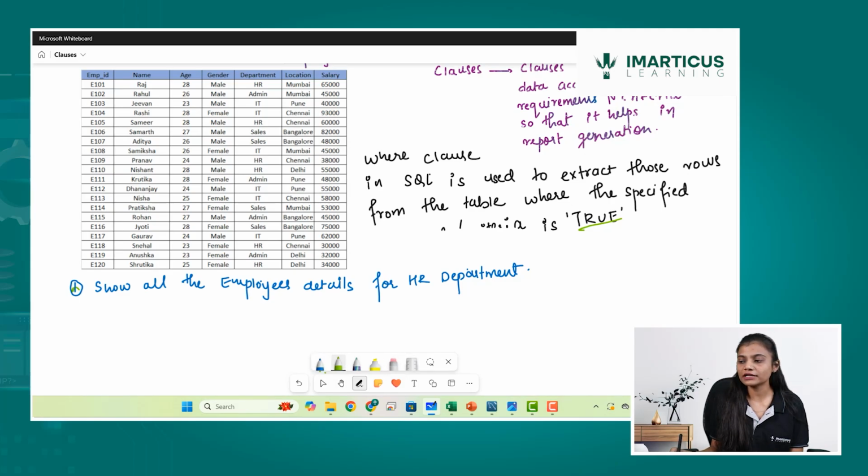Then from, there is a table name which is being mentioned. So this part remains constant over here, where I can implement a where clause. The where clause will always be written after your from. Here you will write